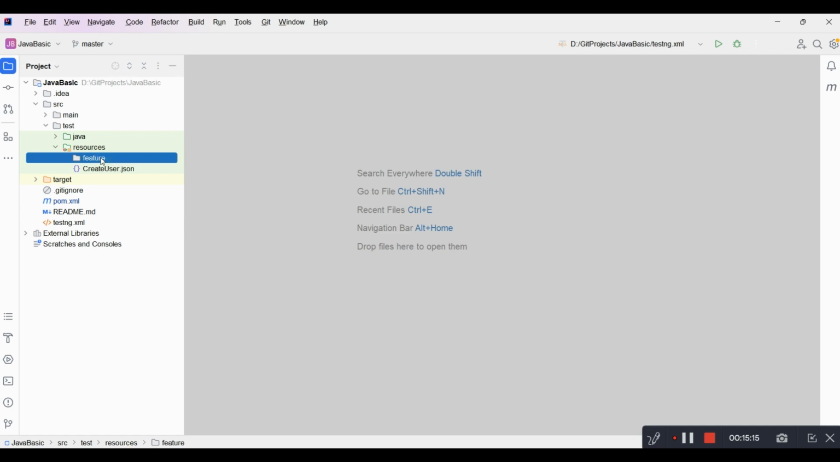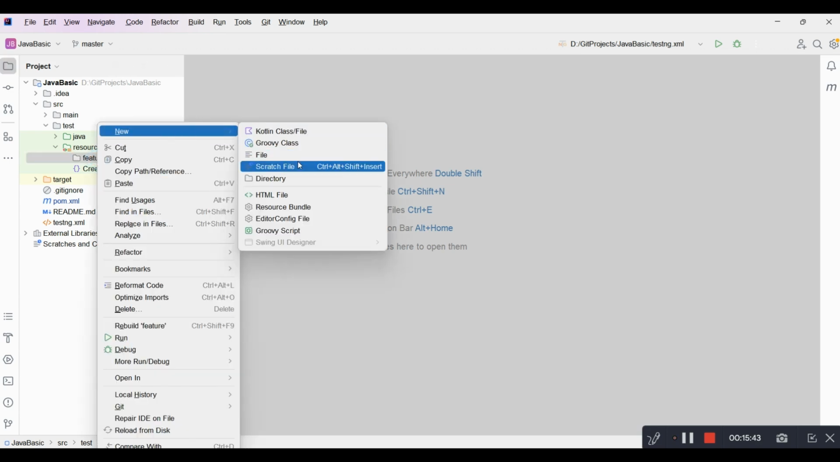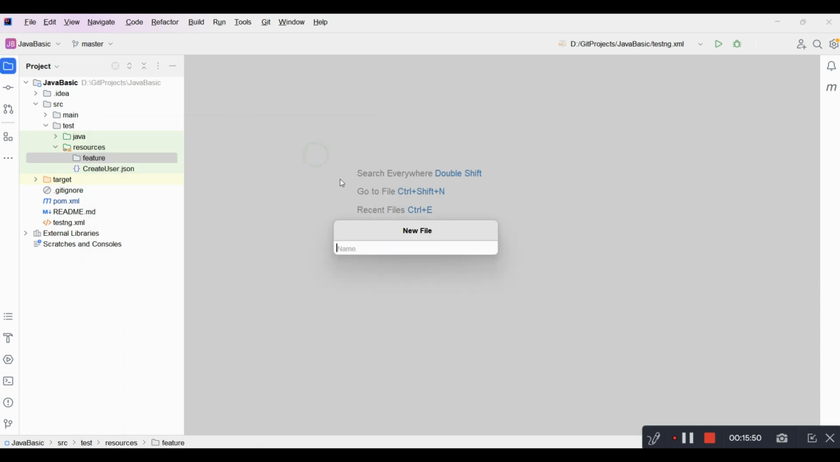Inside the feature folder, you can create module-wise different folders, for example for your login test cases or other test cases, like all the modules you have in your application. For now, I'll go directly inside this folder, not creating any module folder. Let's say I'm going to work with one feature file, and I'll name it demo